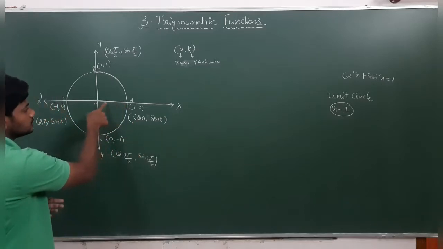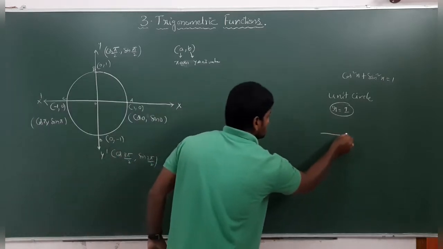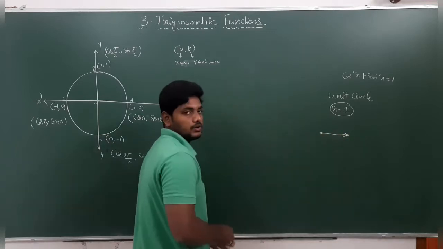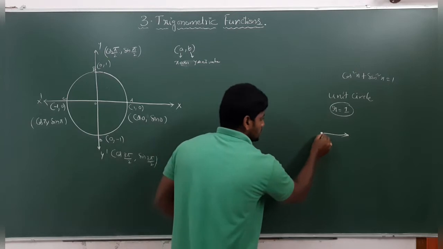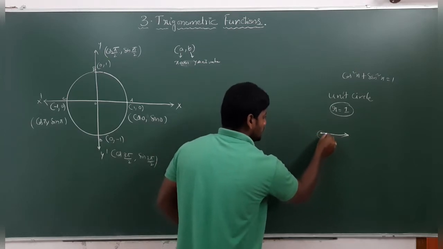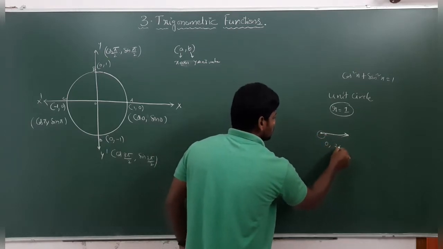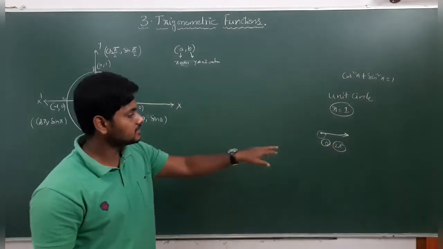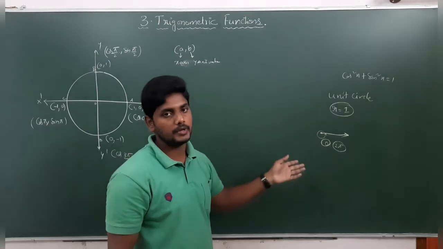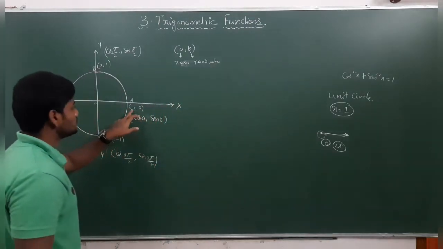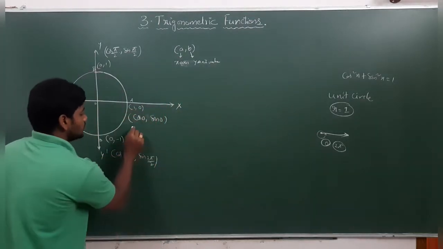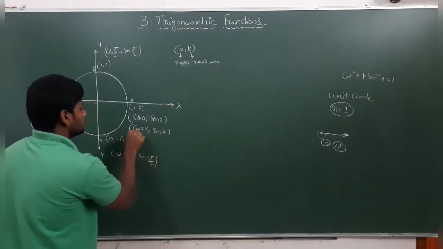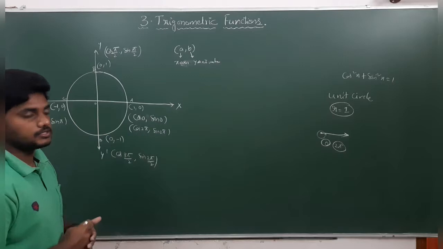If you observe this, this is an original ray. In this original ray, the angle is what? 0 degrees, or we can also write it as 2 pi. That means 0 or 2 pi. If it is an original ray or initial ray, the angle is either 0 or 2 pi. So for 0 also the same point 1, 0, and also you can write cos 2 pi, sin 2 pi. The values are the same, that is 1, 0.